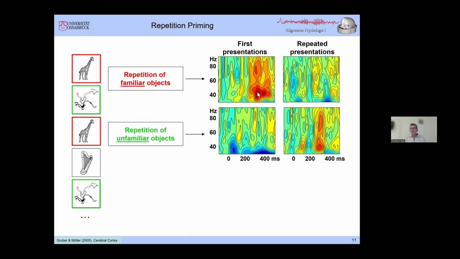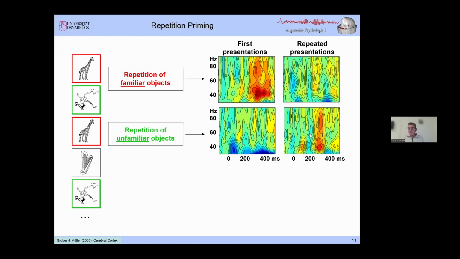But if we repeat the familiar object, and now you have to look in this direction, please look to the plots on the right side now. For the familiar repetition, you see a decrease in gamma band responses. A very different finding for unfamiliar objects. Here you see unfamiliar objects. Here you see a clear increase in the gamma band response if you repeat